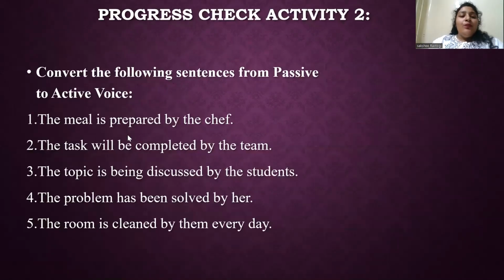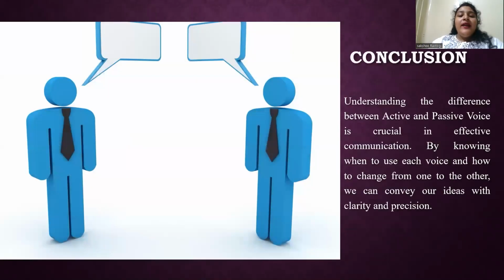This is activity 2. Now, I just want to conclude that understanding the difference between active and passive is essential for effective writing and communication. Active voice makes writing more engaging, clear, and concise, while passive voice can be useful for emphasizing the actions, recipients, or creating a formal tone. To transform passive voice to active voice, identify the passive sentence, find the subject and agent, swap the subject and agent, change the verb form, and adjust the sentence structure.